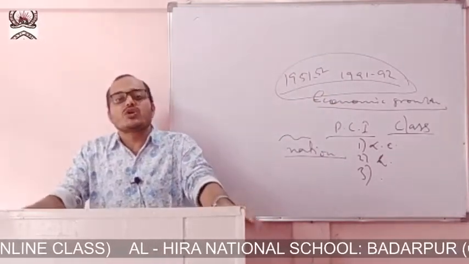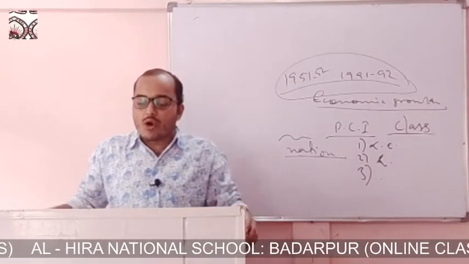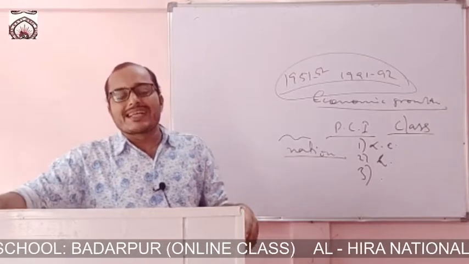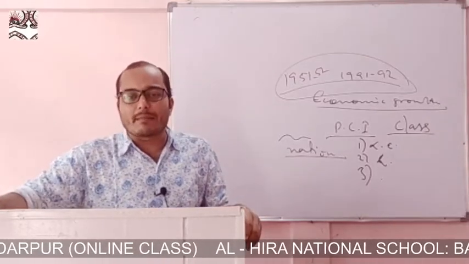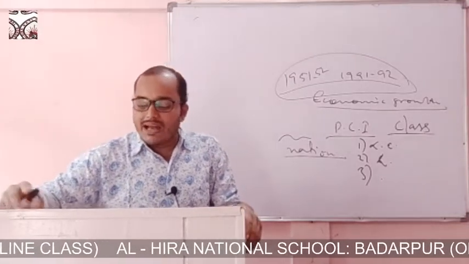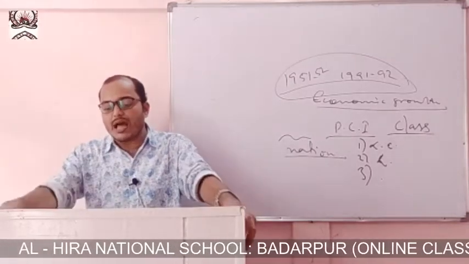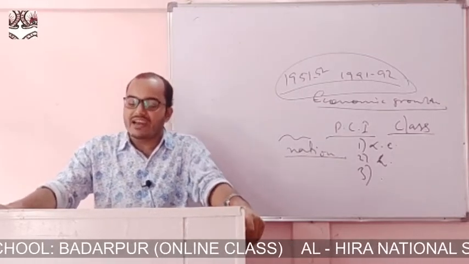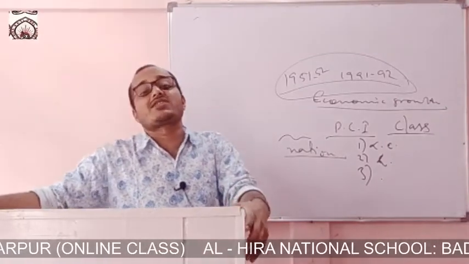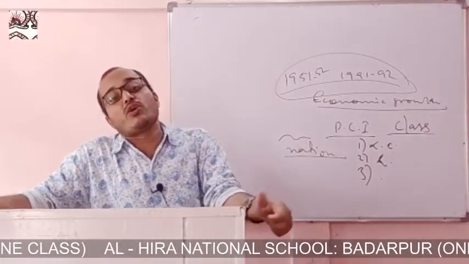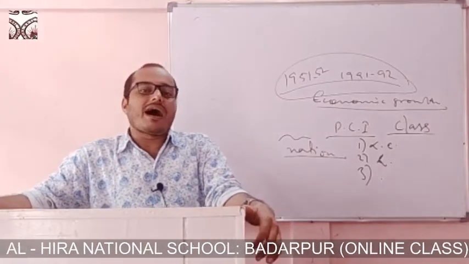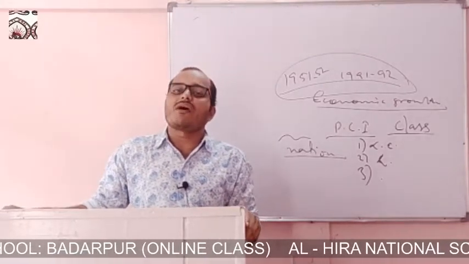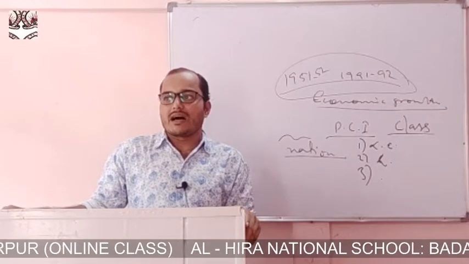Once again I am telling, to raise the economic growth, which we have already discussed. What is economic growth? It is to increase the output or the per capita income. And second one is to give importance to the application of modern technology, and third one is to be self-reliant, and fourth, it is to give social justice to the people. Clear? So these are the four objectives, and that is why more or less the maximum of the sectors were carried out by the government only.